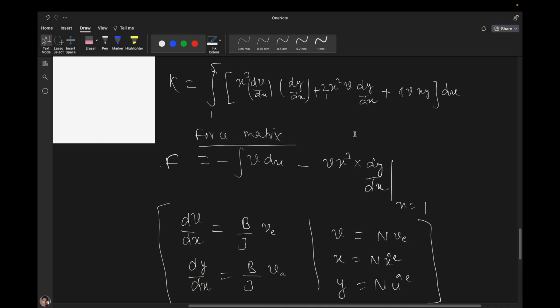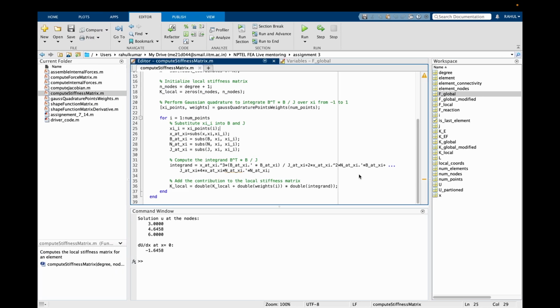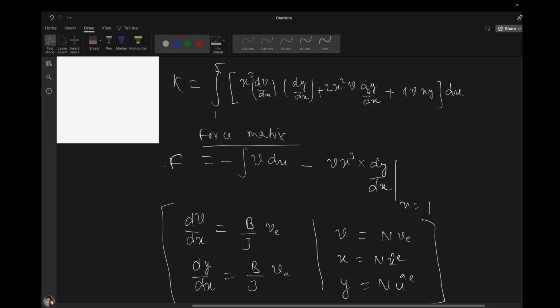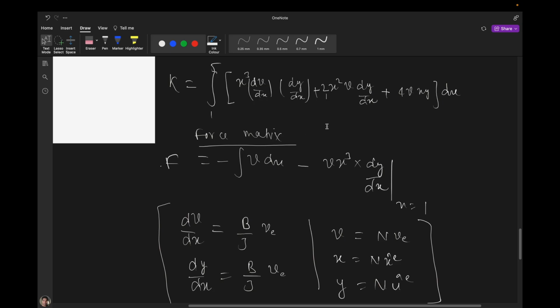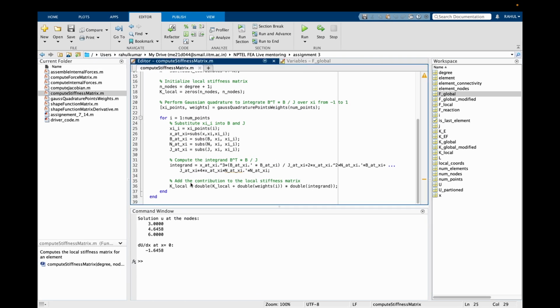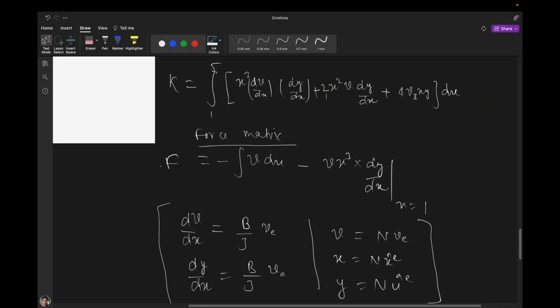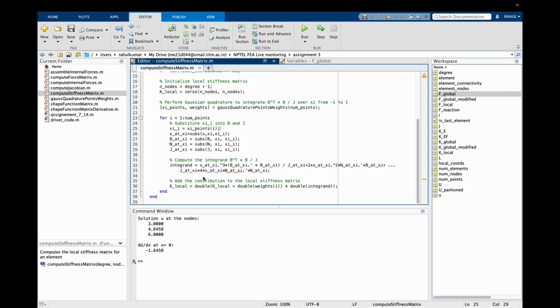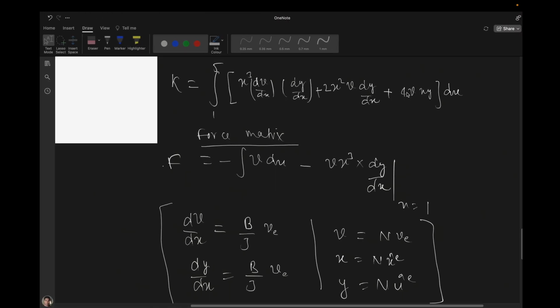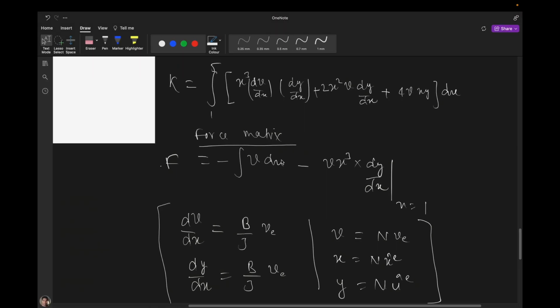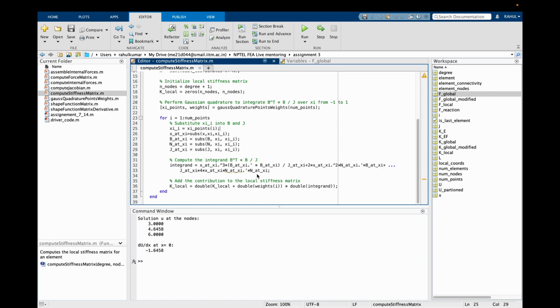Okay, and we will multiply with what? J will not come here because there will be only a single j and this j will be cancelled out. Here j will come into the picture because here there is no such j. There is no such Jacobian, only this part of the Jacobian because of dx will come here, so that's why this j will be multiplied here. Okay, so here you can see that at the place of v and y we have to write n transpose n. Okay, so this is the integrand, this is our integrand.